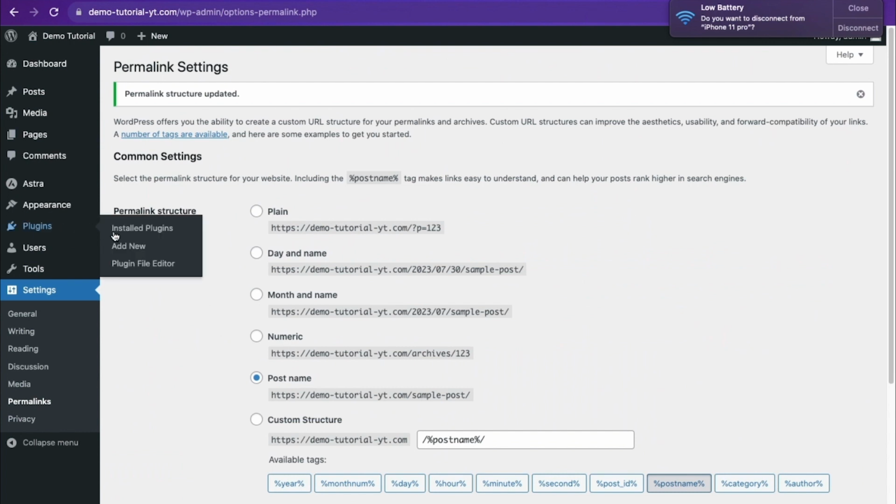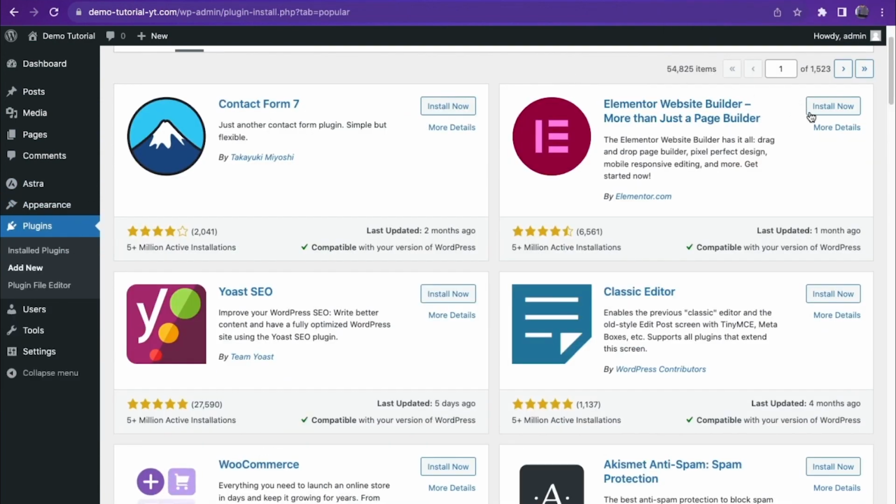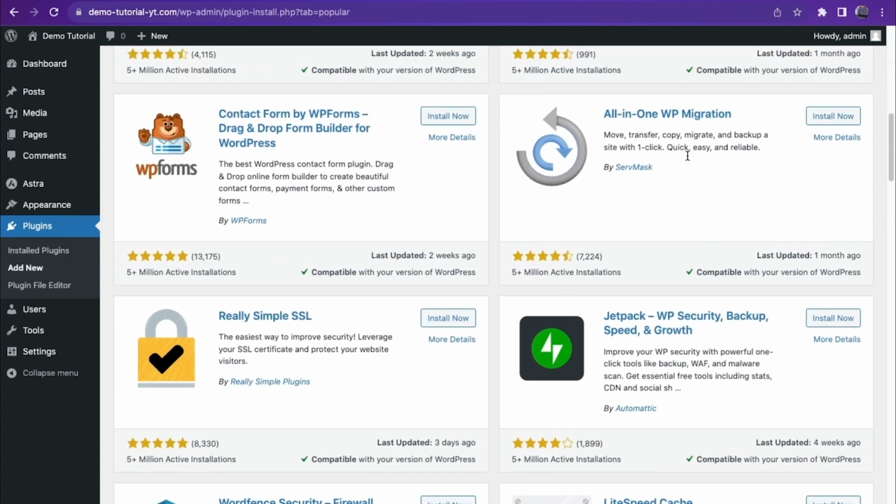So I'm going to hover on plugins, then click on add new. After clicking on add new, you click on popular. Now the first plugin we're going to install is Elementor. So I'm going to click on install now. Then I'm going to scroll down. I'm going to also